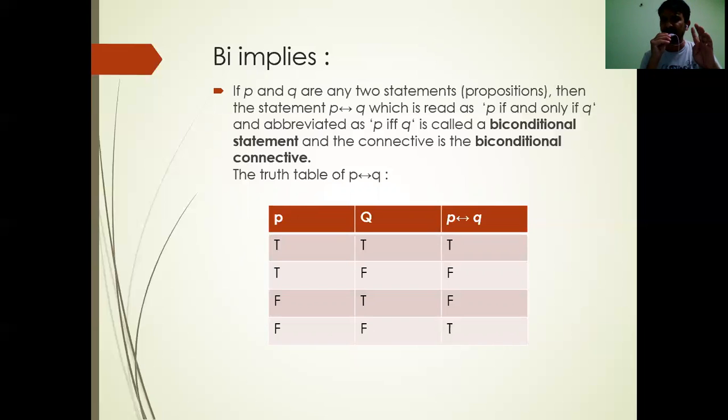So in total, four connectives we discussed: conjunction, disjunction, implies, and biimplies. If I use the word and to combine two statements, then it is the conjunction. If I use the word or to connect two statements, then it is disjunction. If then, it is implies. If and only if, biconditional. Right? So the truth tables are very, very important for the further classes also.